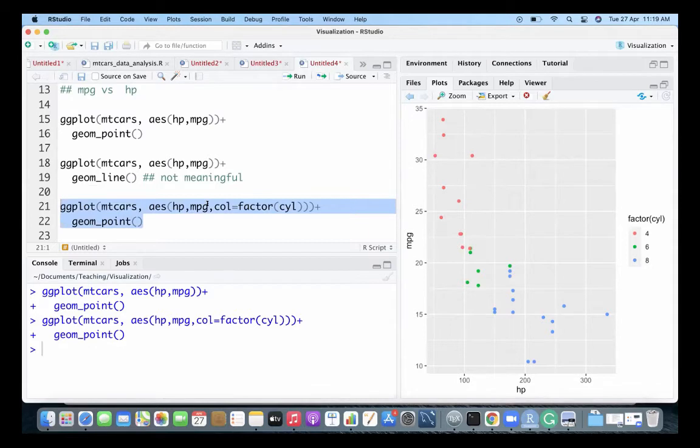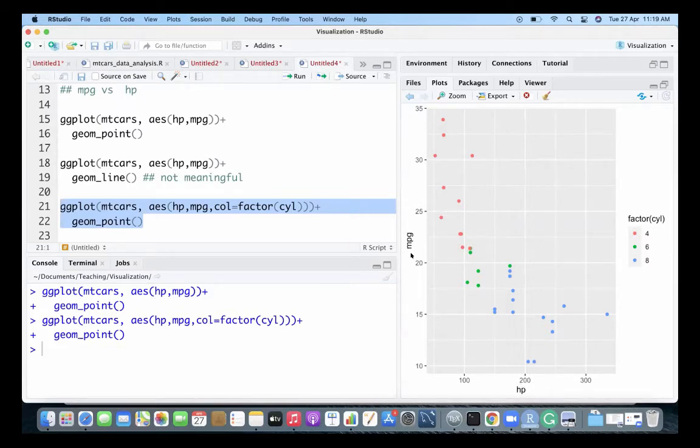So there could be 4-cylinder cars, there could be 6-cylinder cars, and there could be 8-cylinder cars. In this mtcars dataset, there are 3 kinds of cars. Some are 4, some are 6, and some are 8-cylinder cars. On the x-axis it is still horsepower.